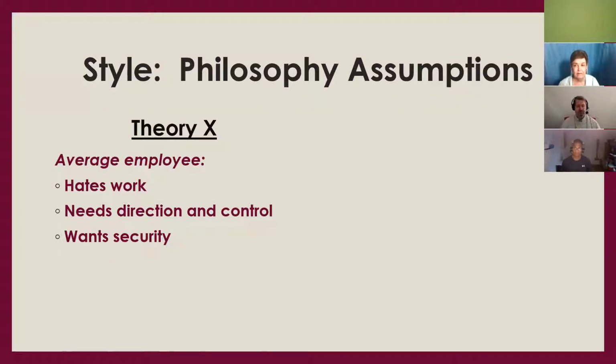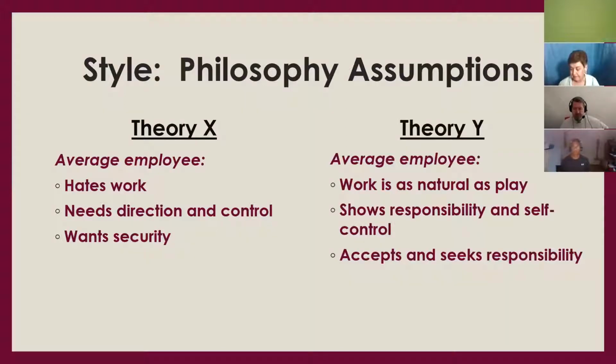It's actually called Theory X, and Theory X believes that the average employee hates to work, the average employee needs direction and control, and the average employee wants security and no responsibility. That's Theory X. And so when we take a leadership style, if we believe this, we're going to behave and implement in that manner. Theory Y, on the other hand, believes that